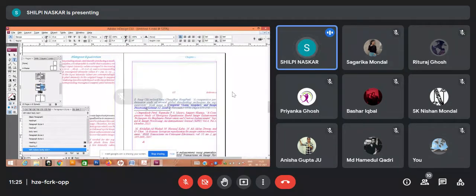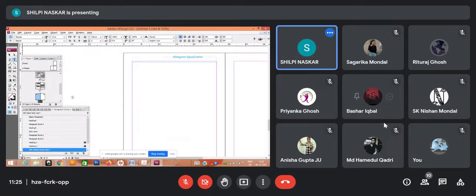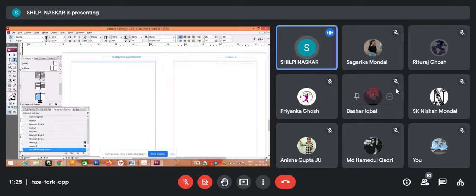This is the concept of master page. If you are creating, say, a whole lot of 1,000 pages book, you don't have to go on editing each and every page regarding a running head, a running footer, or any continuous thing which has to be applied. Now, if you want a particular page, say this page 8 or 9, to have a different kind of text or a different running head,